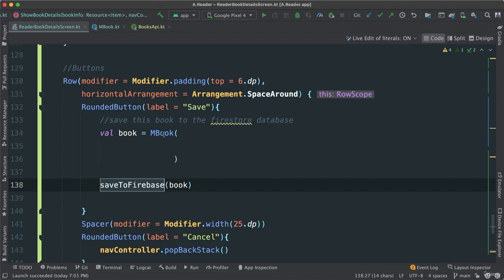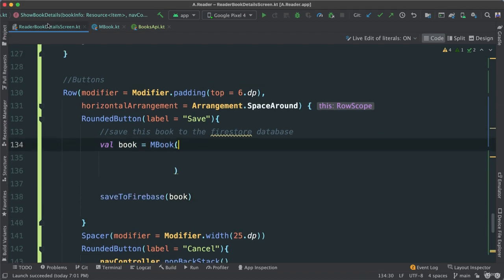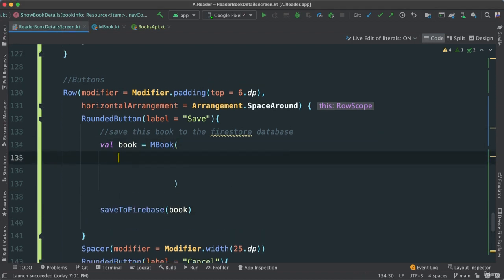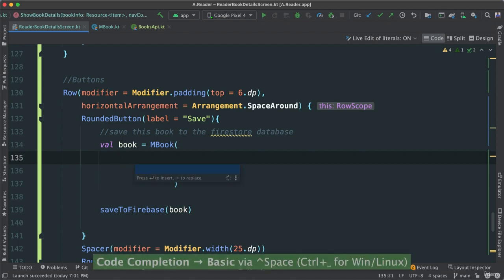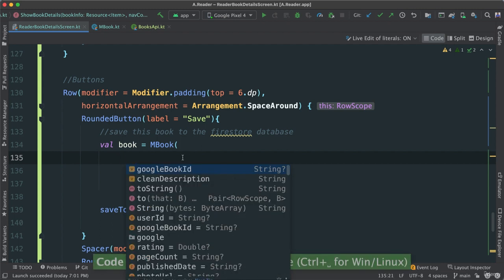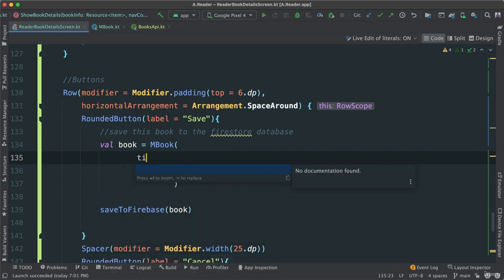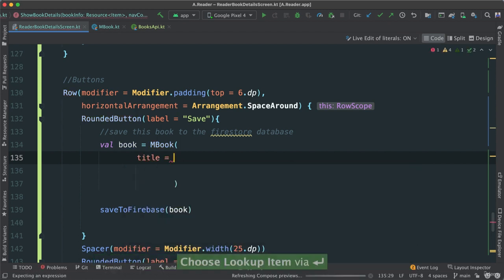We now have our mBook set up, so let's go back to our detail screen and see if we can save a book. Add a few of the properties there real quick. So let's start with title, because that seems to be important. And how do I pass the title? Where do I get that information from? I can say book